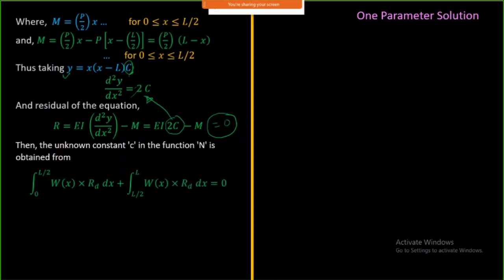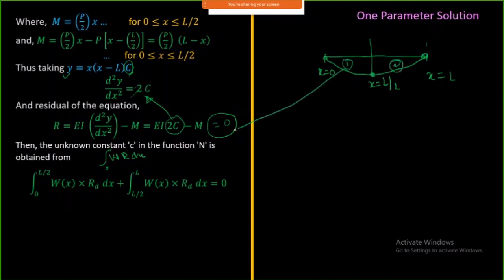Here, come back to your weighted residual statement. The weighted residual statement is the integral of w times r dx. This is for two places: one is from x equal to 0 to x equal to L by 2, and the other from x equal to L by 2 to x equal to L. So I have to integrate separately for each part, and then add up this integration. This is my first phase and this is my second phase.